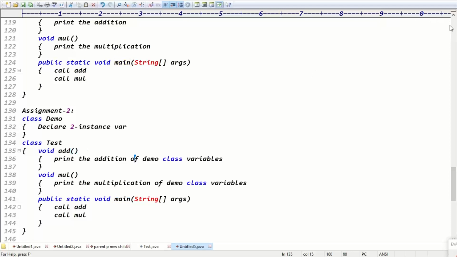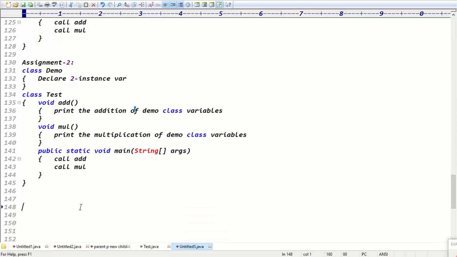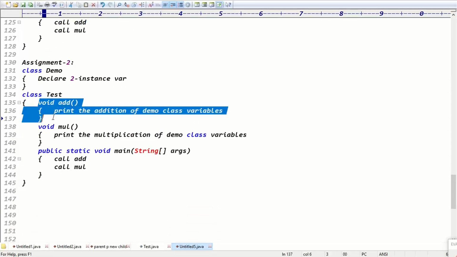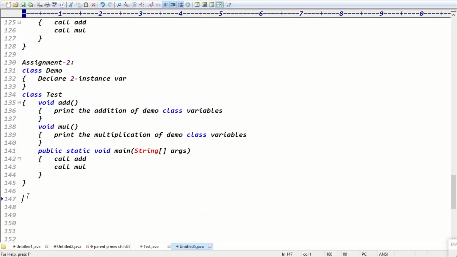Please, Kumar, please, man. Every time repeating is not possible. What is the point here? If we take the add method here,